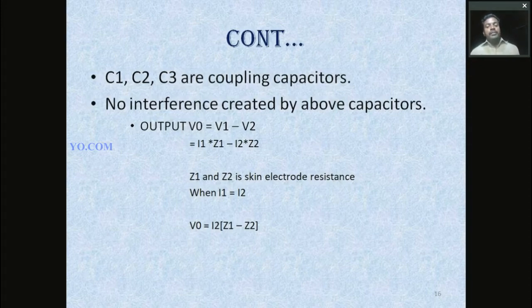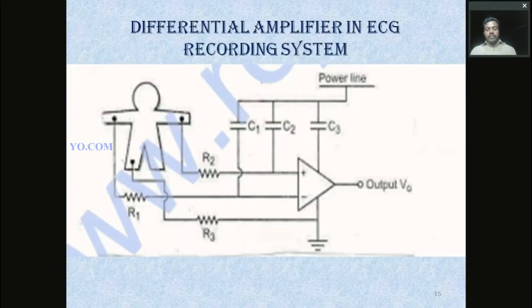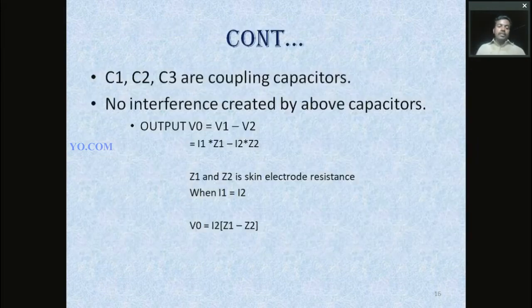The output voltage V0 equals V1 minus V2. What is V1? V1 equals the input voltage, that is I1 into Z1. Z1 is an impedance, and I1 is the current flowing through input 1. Similarly, V2 equals I2 into Z2. Z1 and Z2 are the skin electrode resistance. So when I1 and I2 are both the same, then V0 equals I2 into